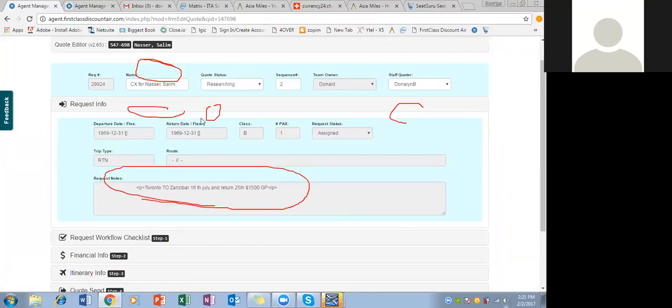And if you don't know the airport code for Zanzibar, just Google it. Say airport code for Zanzibar. All right. Okay. And the same for Toronto. If you don't know the code for Toronto, then you go airport code for Toronto in Google. Okay. And then